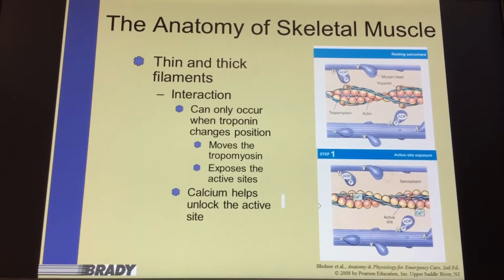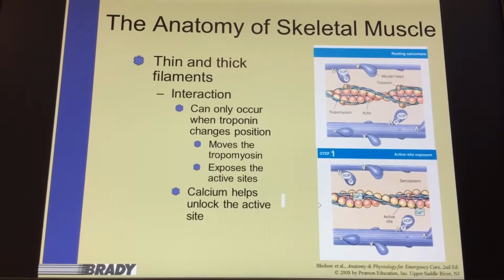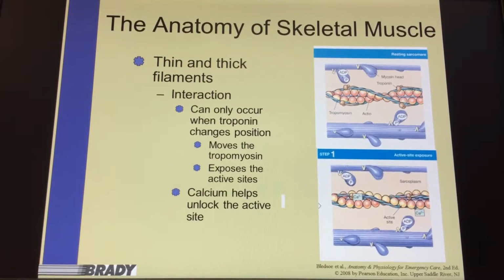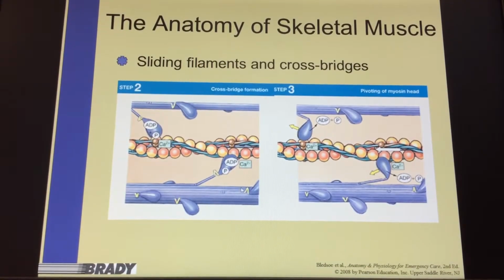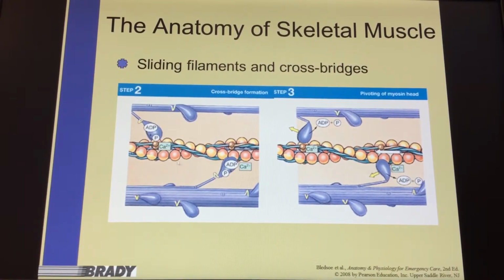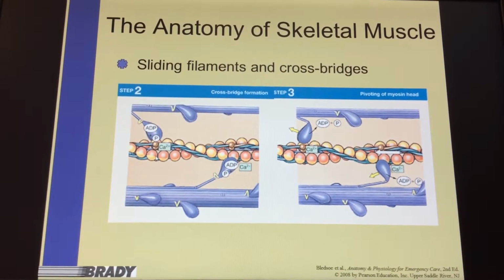When those sites get exposed, that's going to allow binding with the myosin head. So as we look here, calcium binds to the troponin and opens up, so now we have access to these